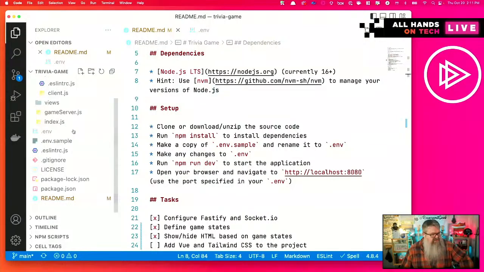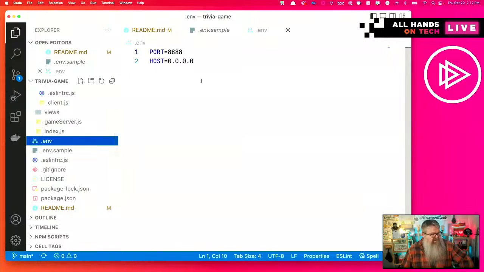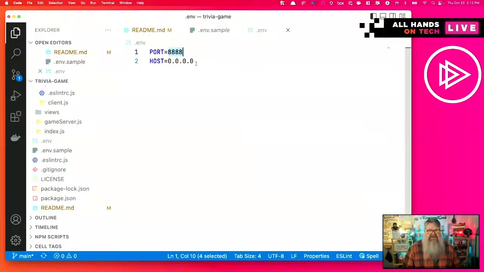Right now, there's only a couple of values in there. That is the port and the host address. And for me, I'm currently using port 8888. Oh gosh. And host 0.0.0.0, which, as I explained on the last stream,